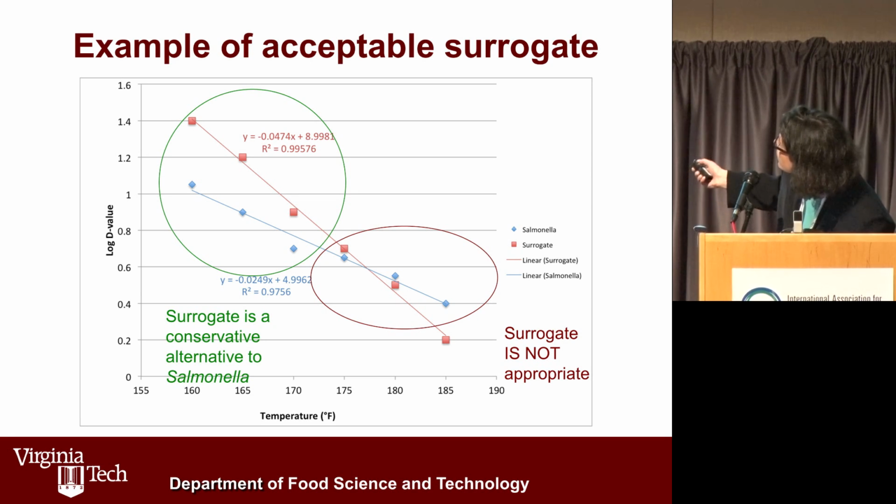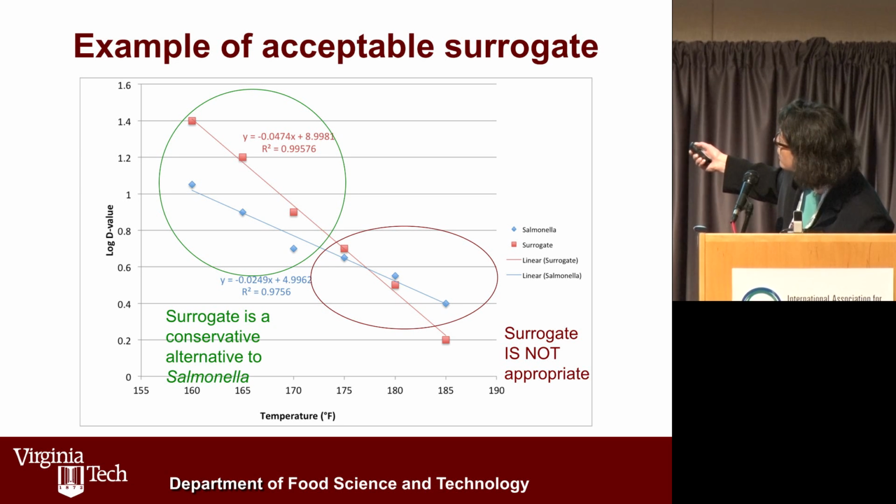If you look at the green circle, this shows that it takes more time to inactivate the surrogate in comparison to the Salmonella. So this is great from a processing aspect because you can be more confident that you've